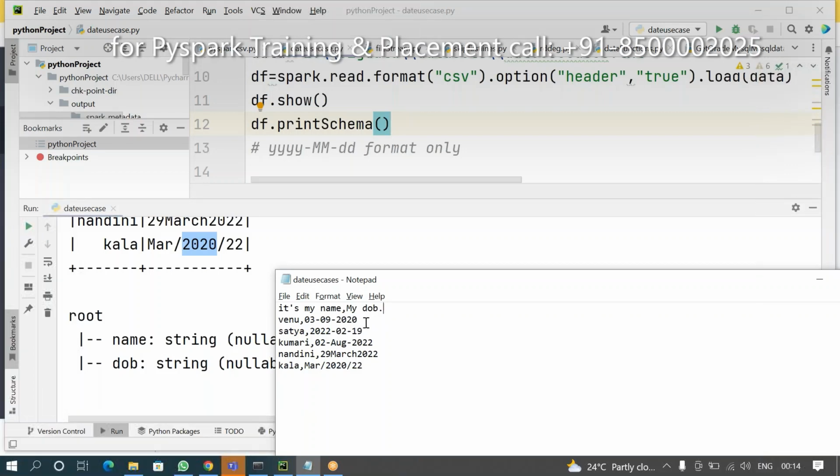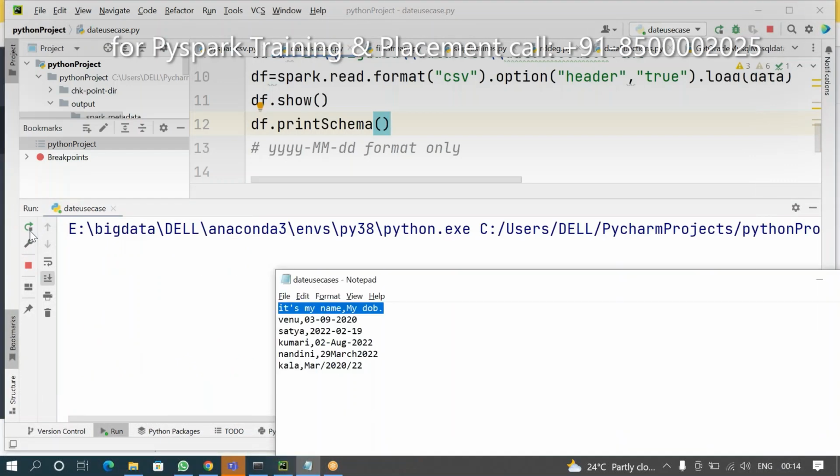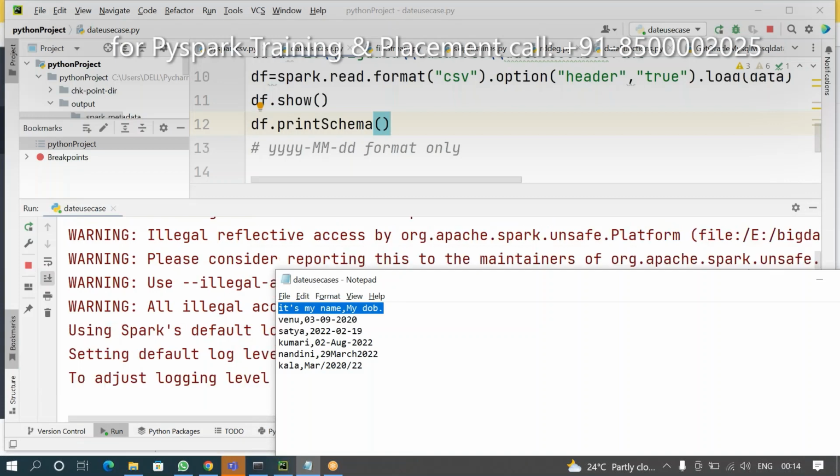Just now, for testing purposes, I am modifying this header also. Wait. Okay, now run. Now in some small records, there are a few special characters. There is a single quote and space. Similarly, in the second column, you have a full stop, like that.